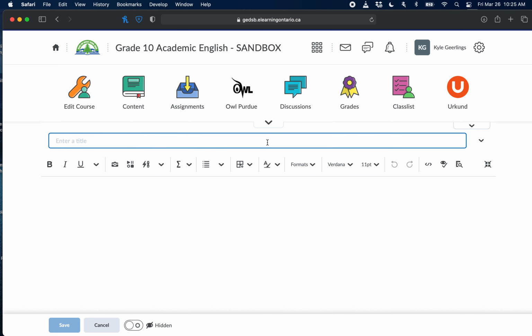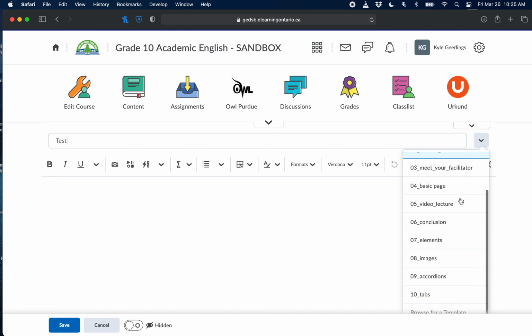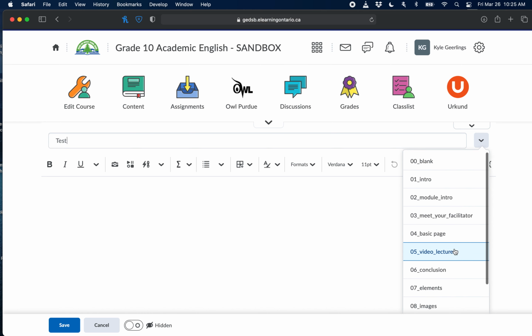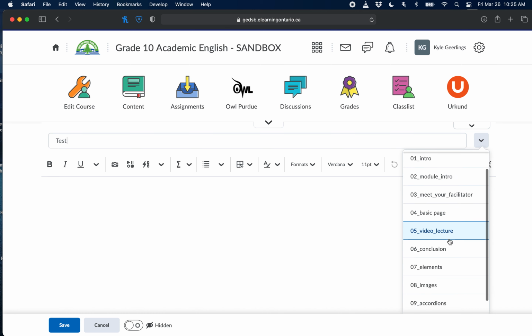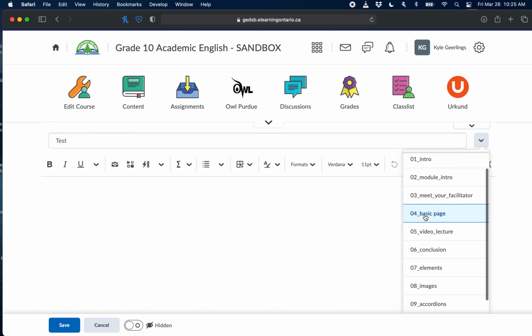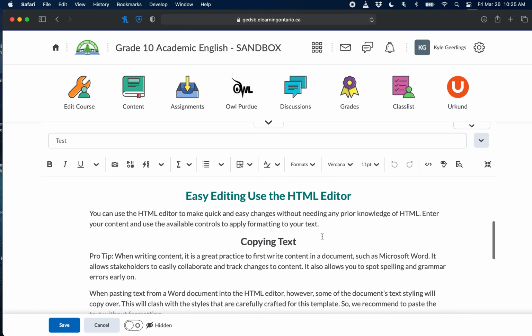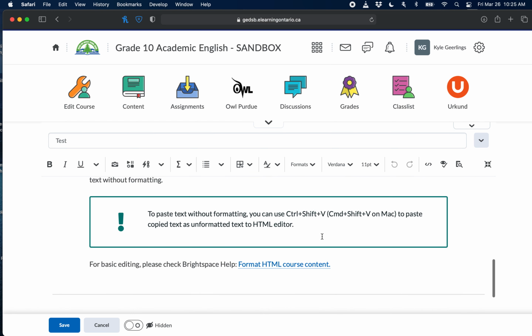So we're just going to put in a title, and to input the template, all we do is go over to this down arrow right here, click, and there are 10 different templates available for you right here. There is a slight description of what they are, but you could obviously be using these for whatever you choose. So let's just choose the basic page, and it immediately inputs all of the different editing that's built